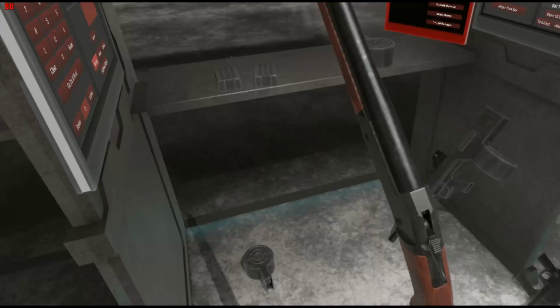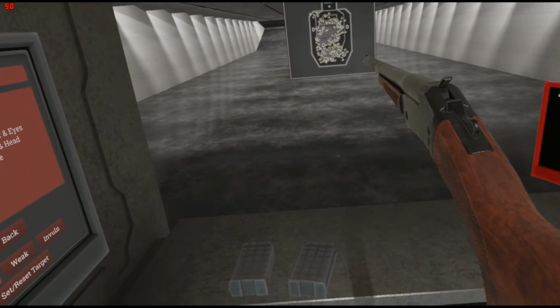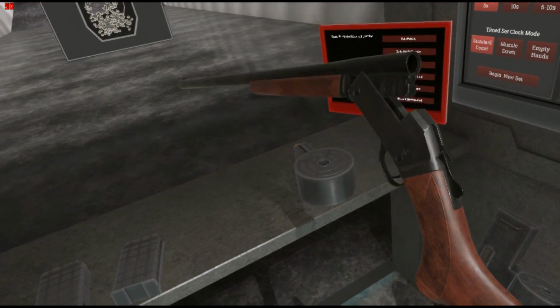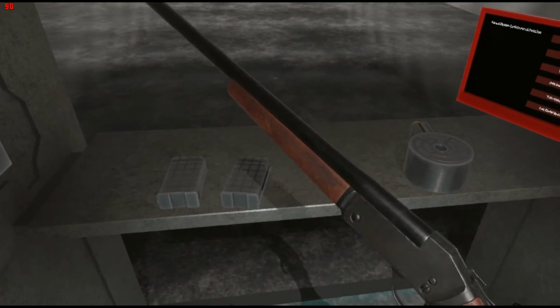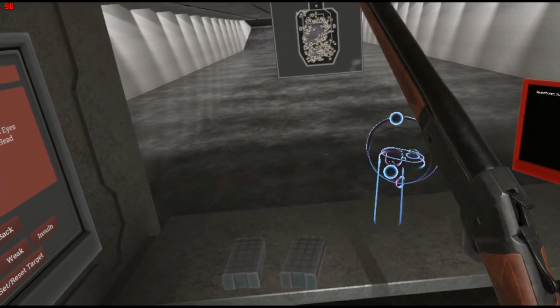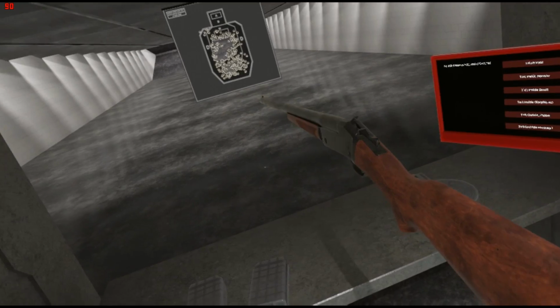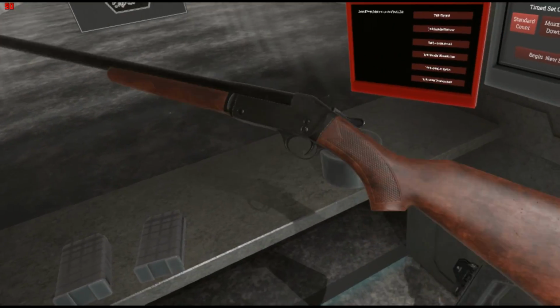But it pretty much behaves like you think it would. Nothing special. Just your typical single round shotgun. Now, anyone who's played Fallout New Vegas might recognize weapons similar to this. I'm not sure if it's the exact model, but